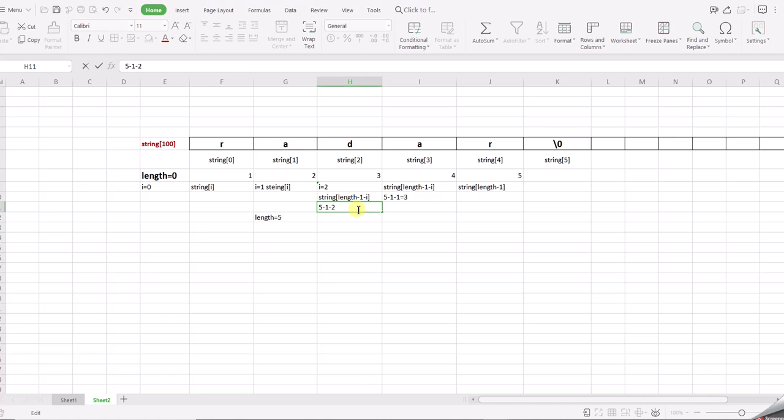The value of i is 2. So what do you get over here? Your value is 2. So you're basically going to compare if string of 2 is the same as string of 2. This is the comparison that you will keep on doing. And if you see that all the characters are the same, even after reversing them, then we will call this a palindrome.